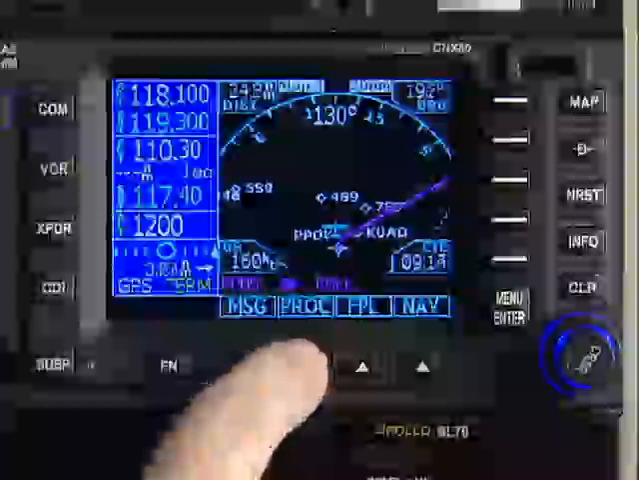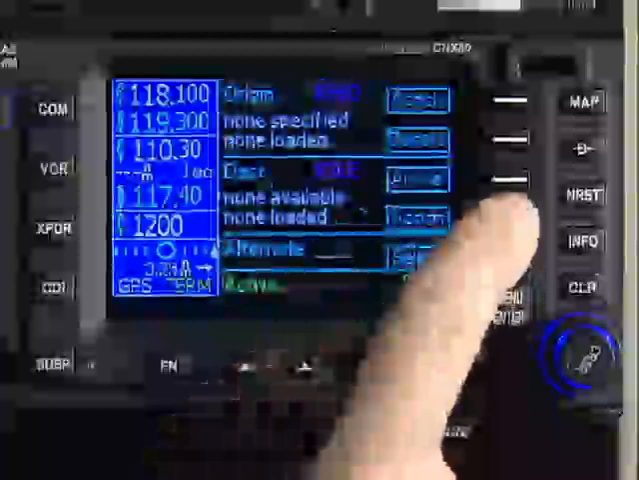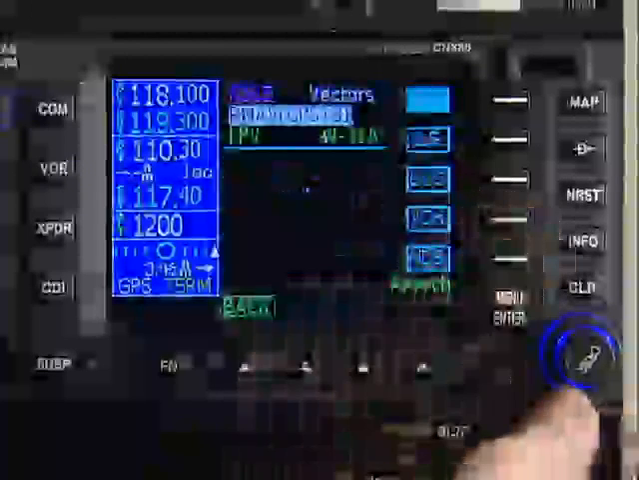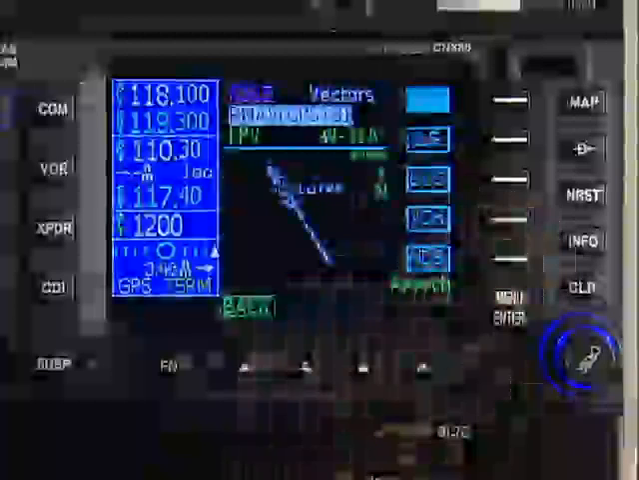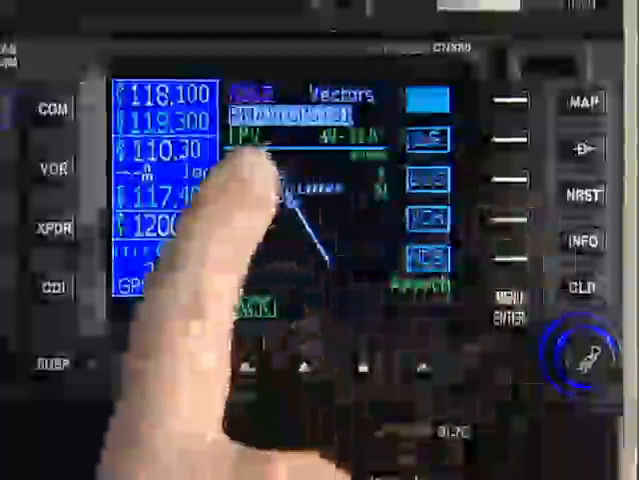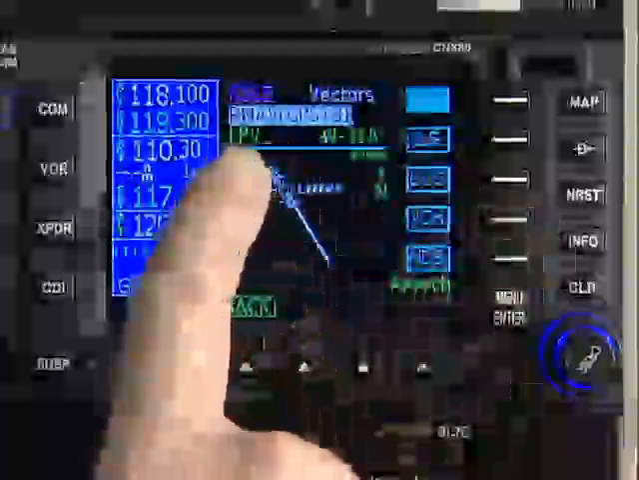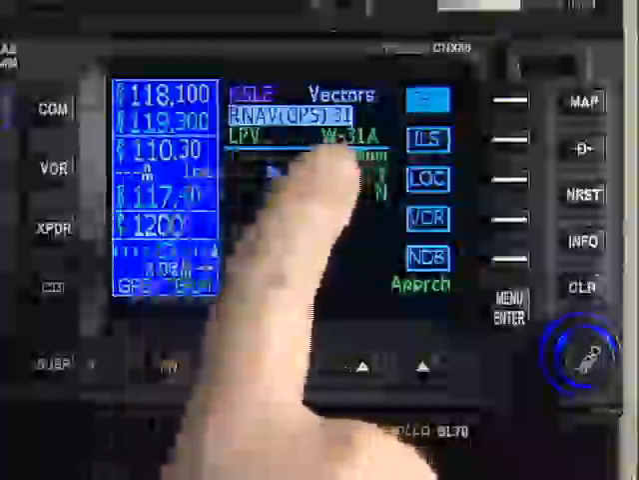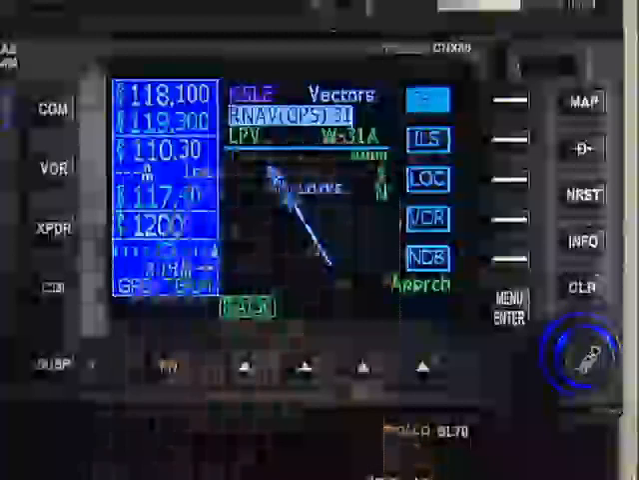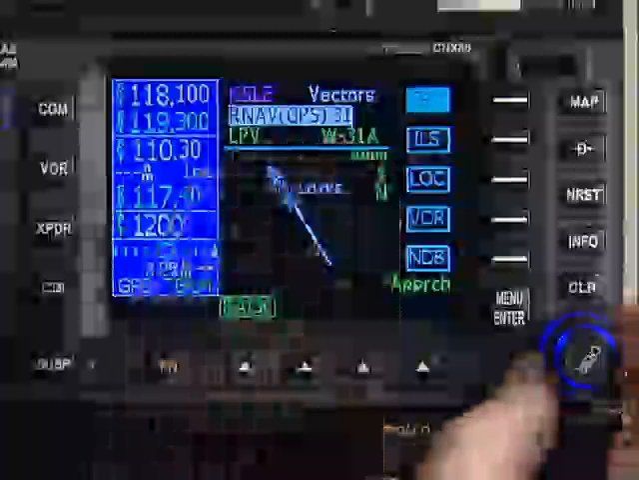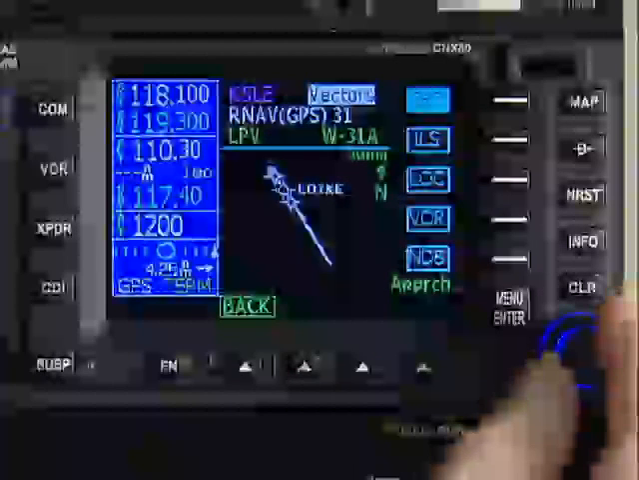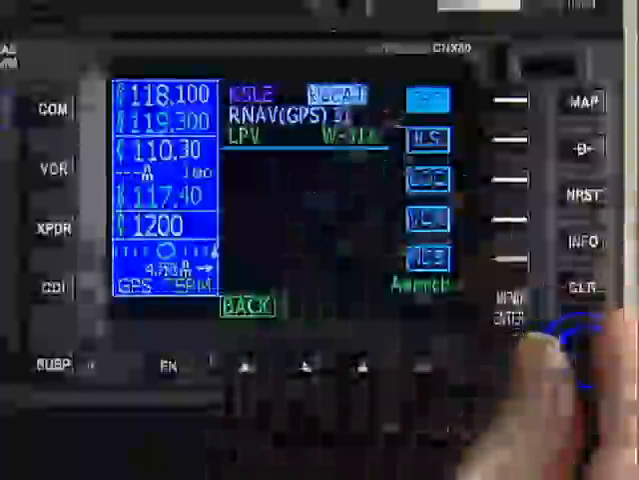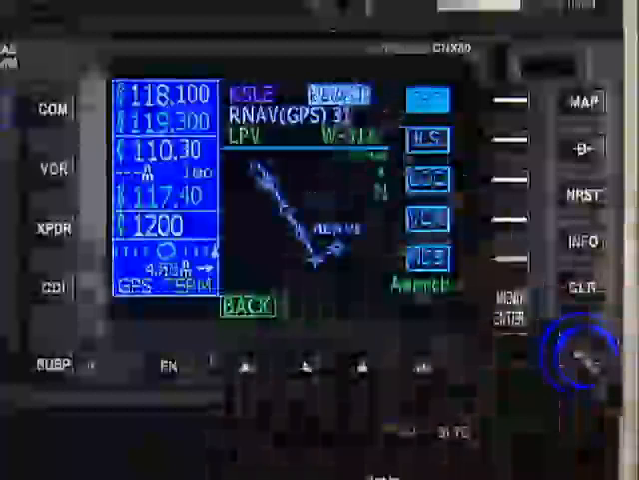We select the procedures page, select approach, verify that KSLE is your active destination, and the first thing that comes up is RNAV GPS runway 31. Note that in version 2 it states that it's an LPV approach, and here is also the GPS WAS selector. We've been cleared direct OKE, so using big knob to select a field, small knob to select OKE. We select enter,